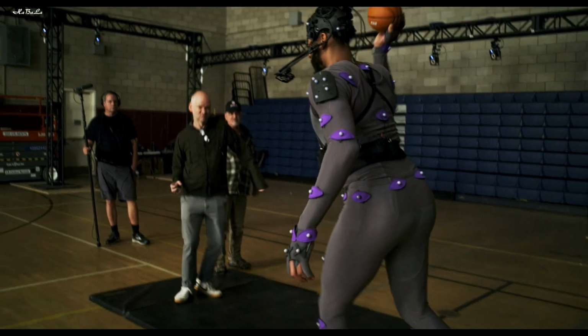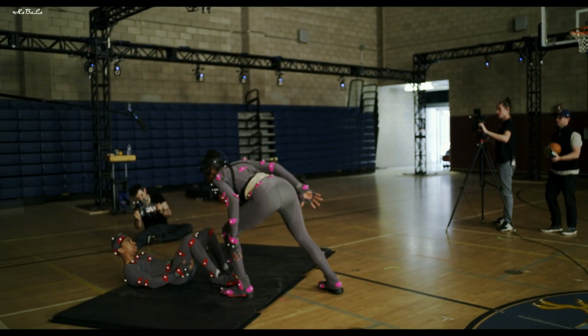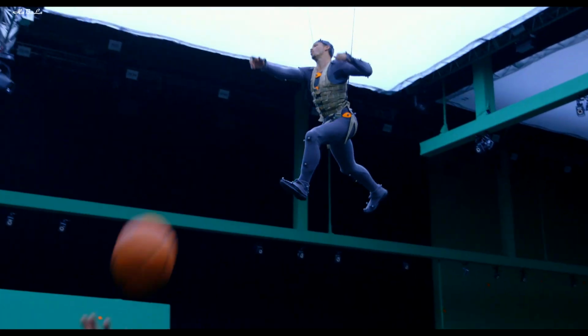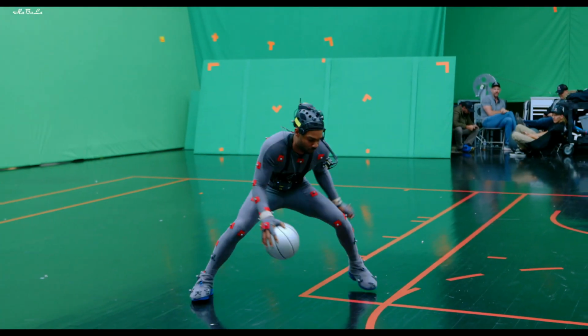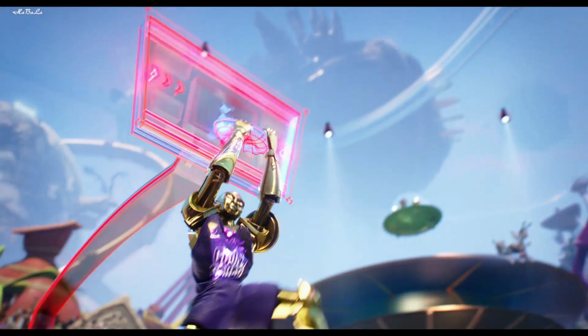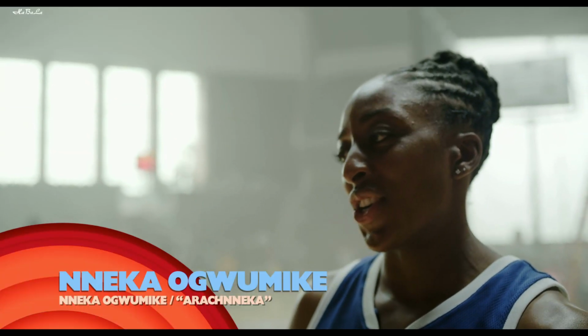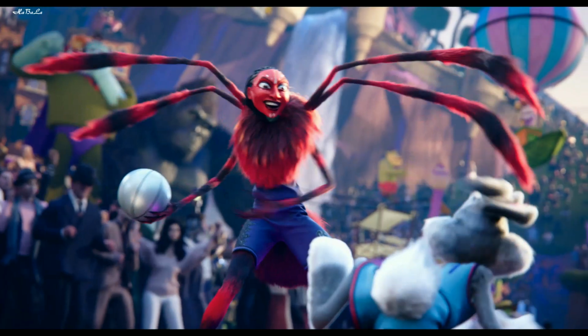We had performances that they gave on set, both in motion capture suits and audio performances, so we could listen to those and come up with ways to make them even more fantastical than they already are. And then we would take that away and I'd work with the animation team and come up with the best motion we could. I'm really happy that my character is representative of me as a player and as a person,